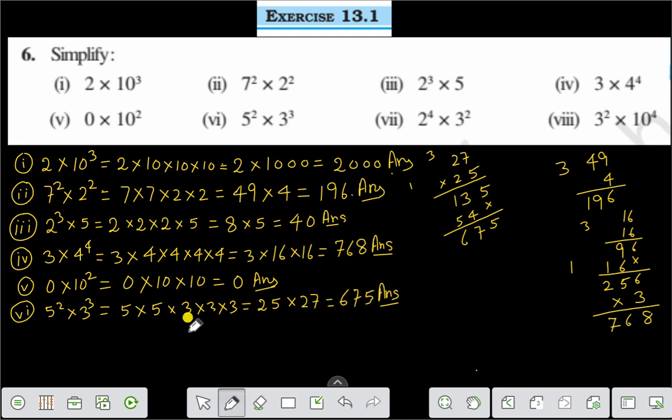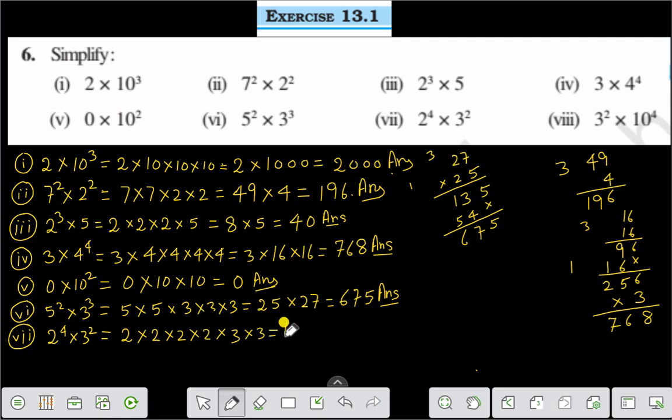Now question number 7 is given as 2 to the power 4 into 3 to the power 2. That comes to 2 to the 4 means 2 into 2 into 2 into 2, and 3 square means 3 into 3. If we multiply, 2 twos are 4, 4 twos are 8, 8 twos are 16,